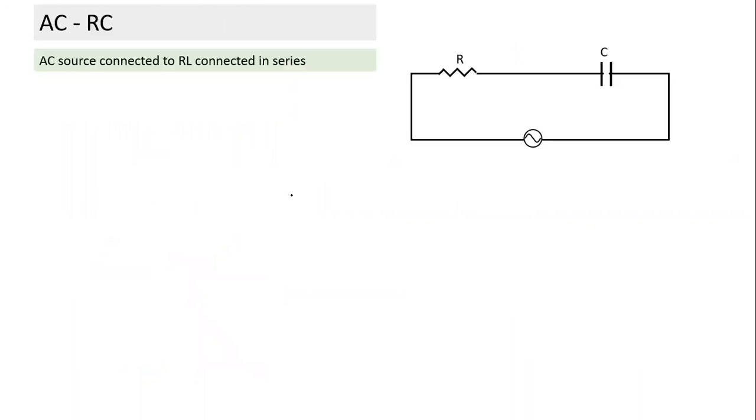Okay. Now we'll come to an AC source connected to an RC circuit. Yesterday what we had done was resistance and inductor. Today we have resistance and capacitor. This is a Kirchhoff loop rule. How did we solve the LC circuit? How did we go about solving the LC circuit? Kaushik?